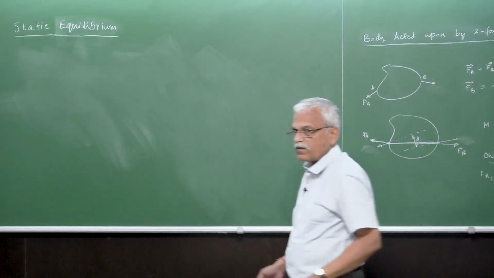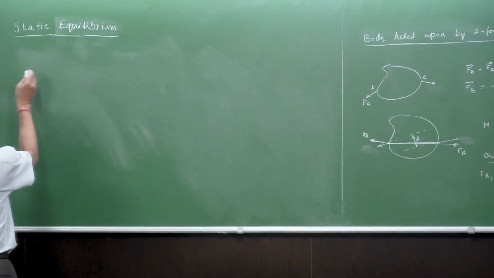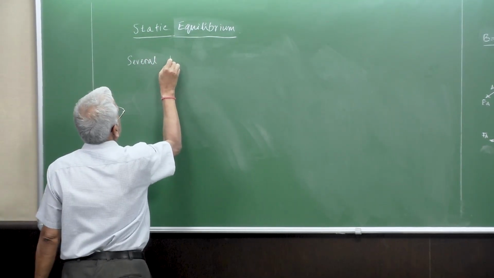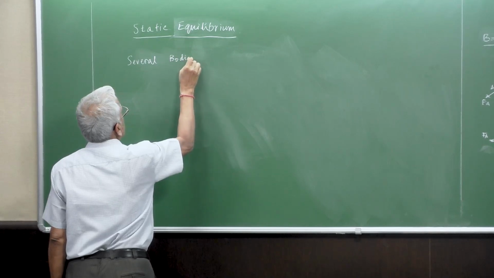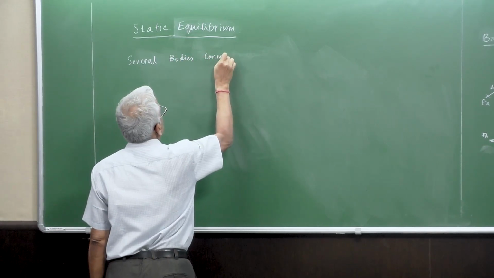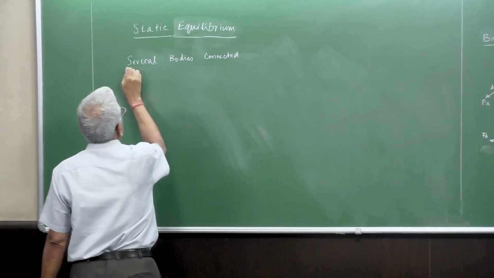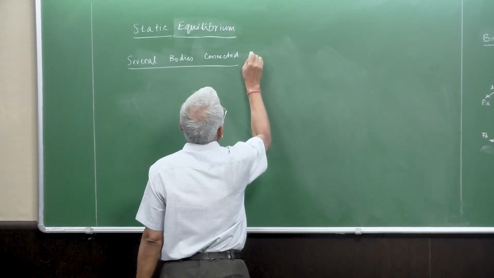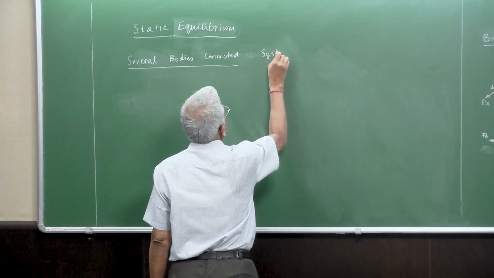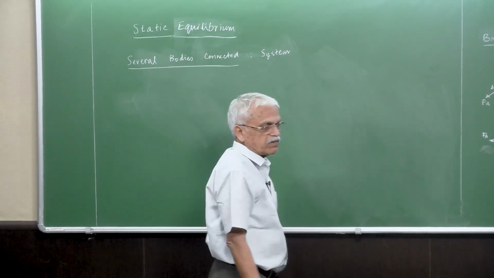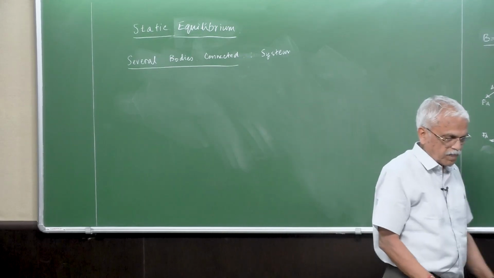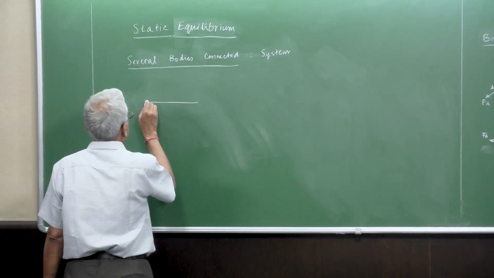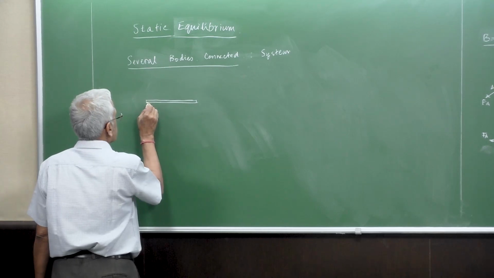Okay, so now let's look at several bodies connected so that it forms a system of bodies. This is a system of bodies connected in many ways. So there are many ways. For example, if you have a table here,